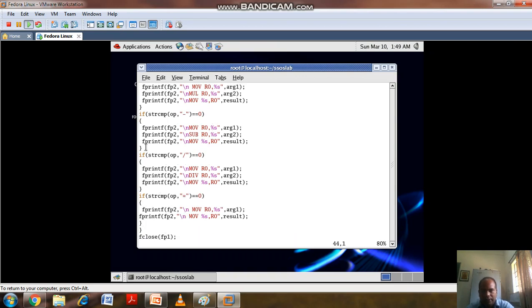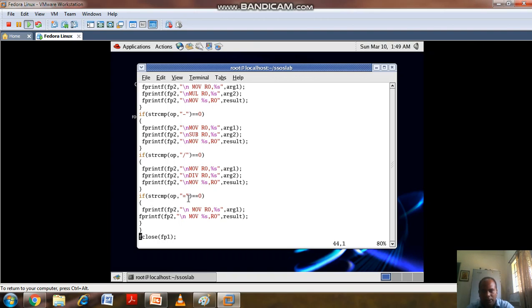Similarly, if it is division, the value of argument 1 is stored in R0, and the content of R0 will be divided by the value of argument 2, and the content of R0 will be stored in result.